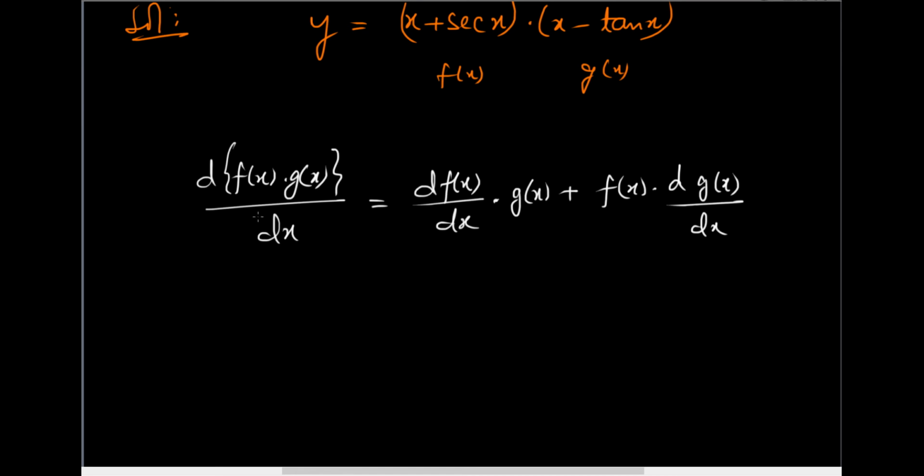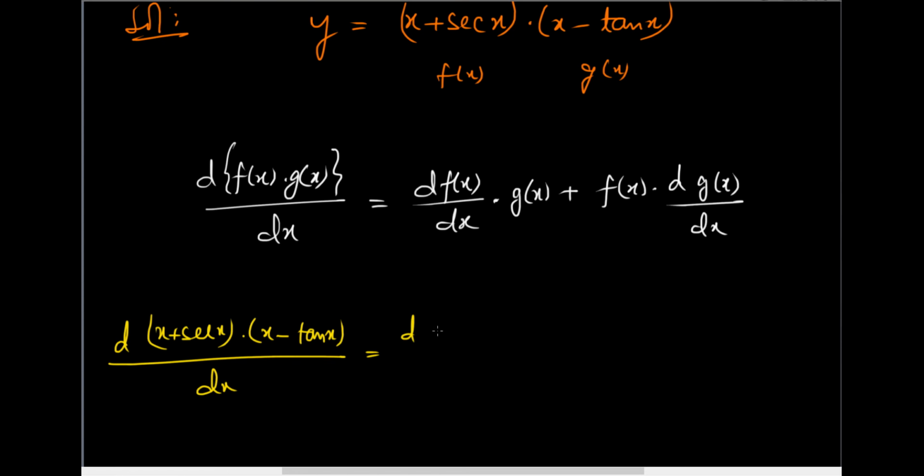So this one is the product rule, f(x) times g(x). If you consider f(x) as x plus secant x, and g(x) as x minus tan x, you can say the derivative of x plus secant x times x minus tan x over dx is equal to, with f(x) being x plus secant x,